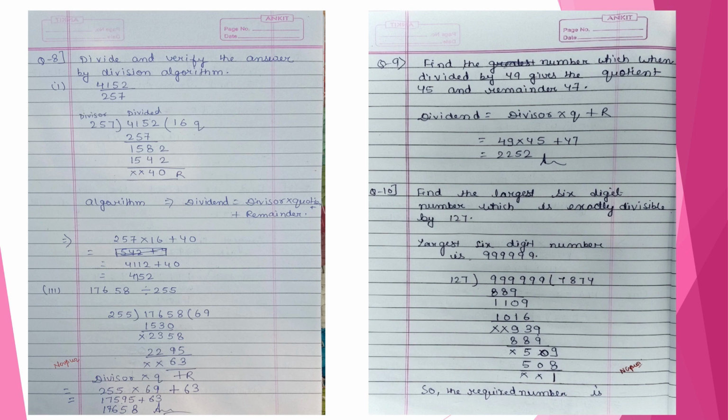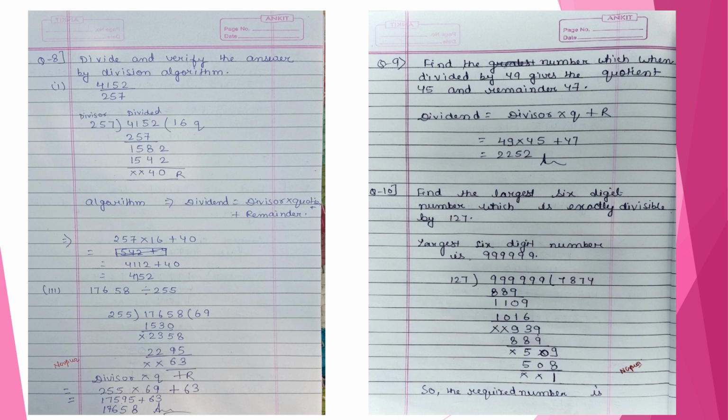Then the third part is 17,658 divided by 255. As you can see, I have done the division here, and after dividing we are getting the quotient 69, remainder here is 63. Then we will go for the division algorithm, divisor into quotient plus remainder. So 255 into 69 plus 63. So it is coming up to be 17,595 plus 63, which is equal to the dividend